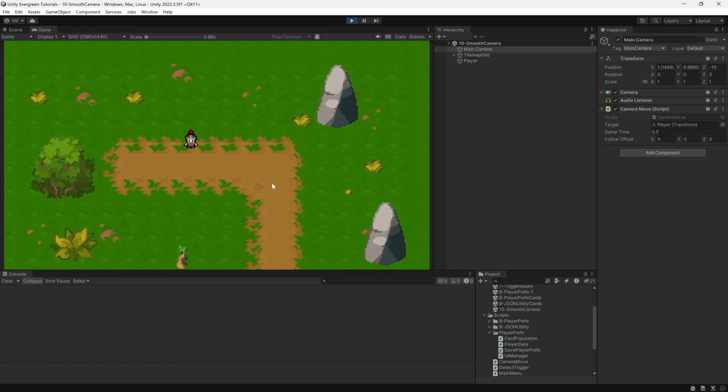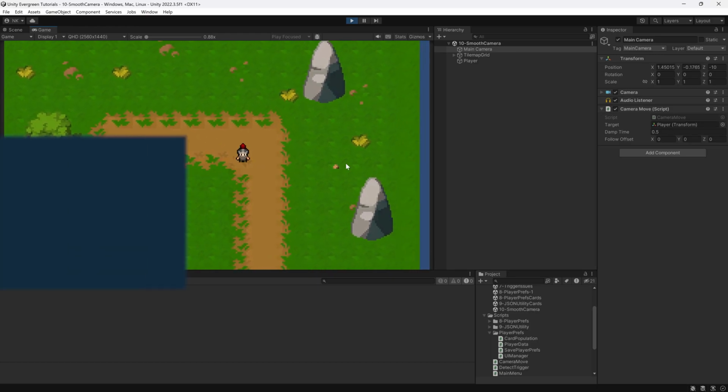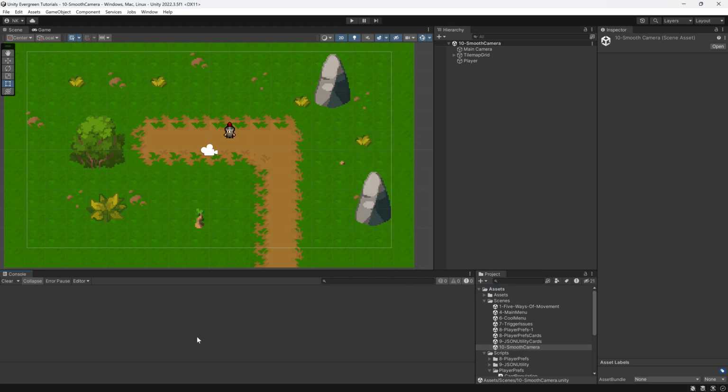Let's get ourselves a camera that follows the player smoothly through the scene. Alright, we found ourselves back in Unity once more, and in this short tutorial, we're going to take a look at how you can make a camera that smoothly follows the player, both with an offset as well as a little bit of a damp time, so basically that it takes a little bit of time until the camera starts following the player. But this, once again, we're going to use the 5 ways of movement scene over here